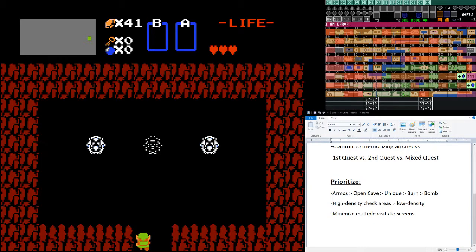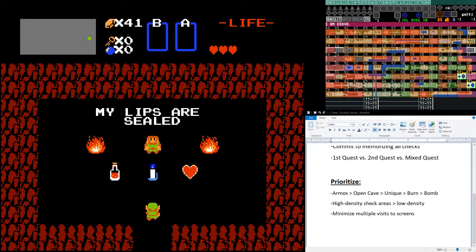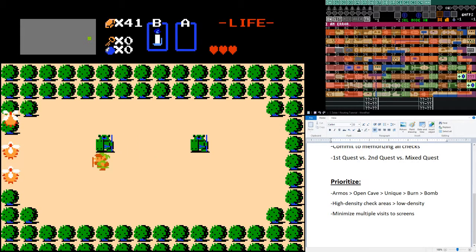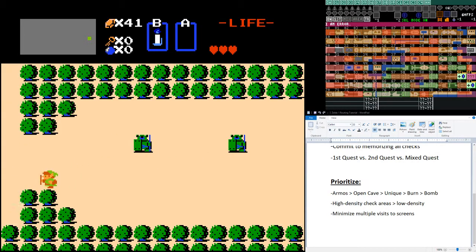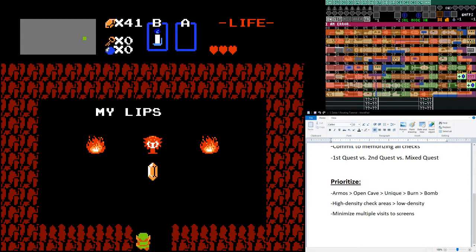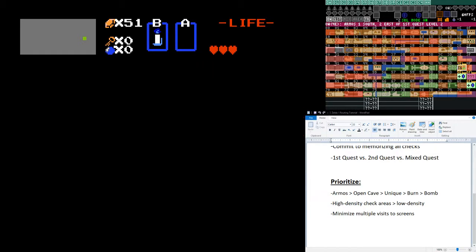So we're going to check this Armos, and we have a decision here. We have a potion, a candle, and a heart container. You'll want to take the candle if you don't have a candle. That's something that I'm just going to come out and say. You want to take the candle if you don't have a candle, because what that means is you can now route in these burn spots. So instead of having to come back to this later, and let's go ahead and mark that take any cave, we can now,